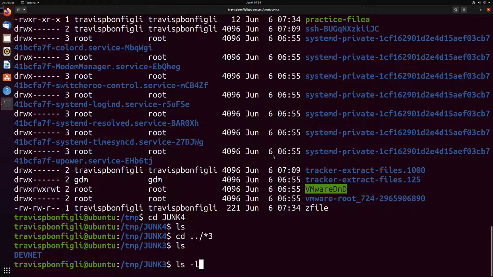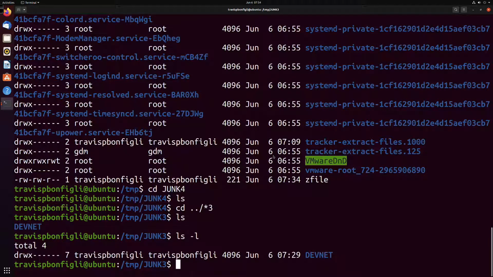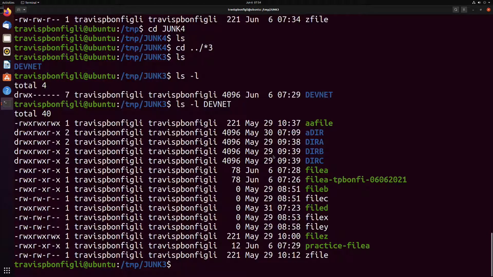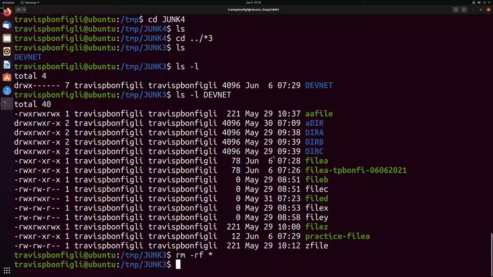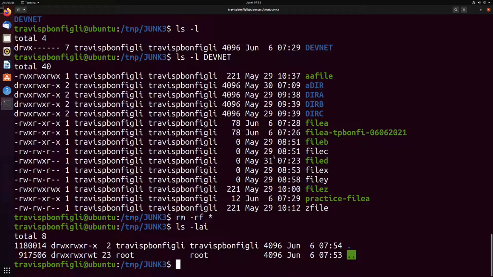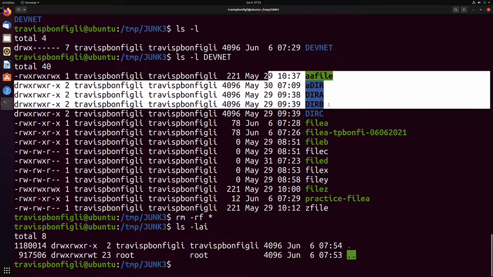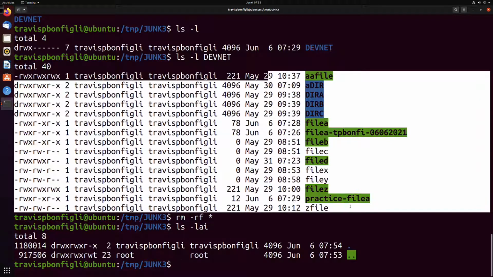So here we are, we've got this DevNet directory in the junk3 directory, and what do we have under the DevNet directory? What's in there? All those files. So if I say rm -rf asterisk, and I'm in the junk3 directory, and I hit enter, what did I just get rid of? Yeah, I just got rid of not only the DevNet directory, but all files and subdirectories under the DevNet directory,